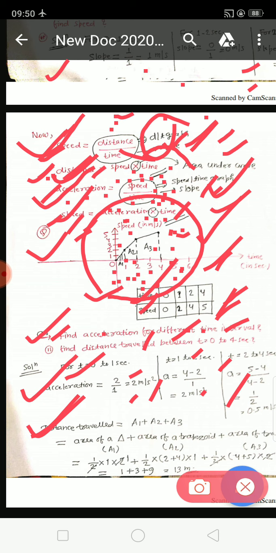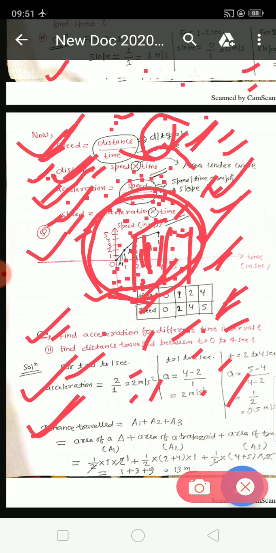It has been divided into three parts: one is a1, one is a2, third is a3, as the intervals are 0 to 1 second, 1 to 2 seconds, and 2 to 4 seconds. To calculate the complete area, I have divided it into three parts, a1, a2, a3. Now it's completely mathematics. How will you find the area? Separately, and then you have to add all the areas covered by these curves. The area under the curve by this line with respect to the x-axis, you have to calculate: this area a3, again a2, again a1.